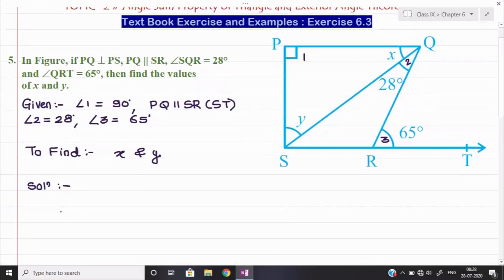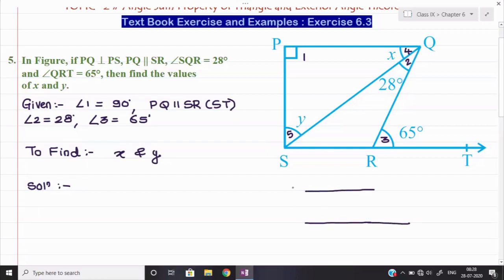Now in the solution, first of all, for these two values X and Y, I will give some names of the angles. For example, this angle I will call angle number 4 and this angle I will call angle number 5. Now let us see how we can find all these values. First of all, pay attention to the lines which are given parallel to us. So I will draw those two lines once again. I will show you separately how the relation is going to form here.